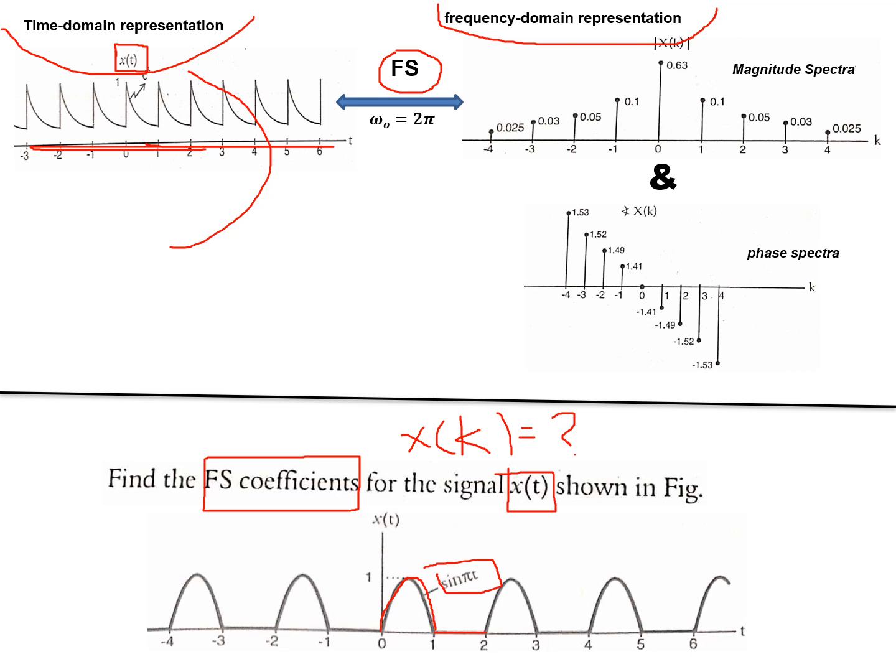Again it repeats. 2 to 3 again the sine wave appears, and again 3 to 4 it is absent. Again 4 to 5 sine wave present, 5 to 6 it is absent. That means one cycle starts at 0 and ends at 2, for instance. I can take this as one cycle. Or similarly, if I take here, it starts at 2, ends at 4. This is also another cycle. I can take anywhere. It starts at 4 and ends at 6, and so on.